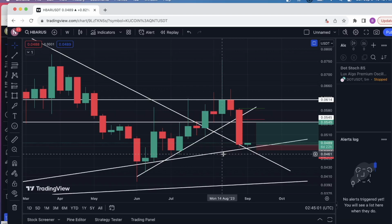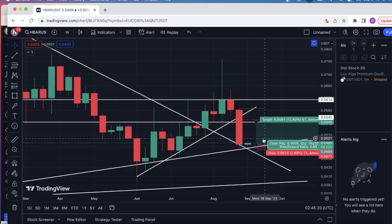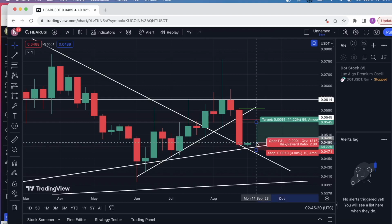Okay, so knowing that we're now sitting at a level of support that has confluence, the confluence being these two levels, right? We can now look to see if we have a potential trade setup that's going to offer us a good risk reward ratio. So I've already marked a potential setup out right here, and actually it's gone up a bit since I marked it out. So now I have to move this up a bit, and that's going to negatively affect the R&R